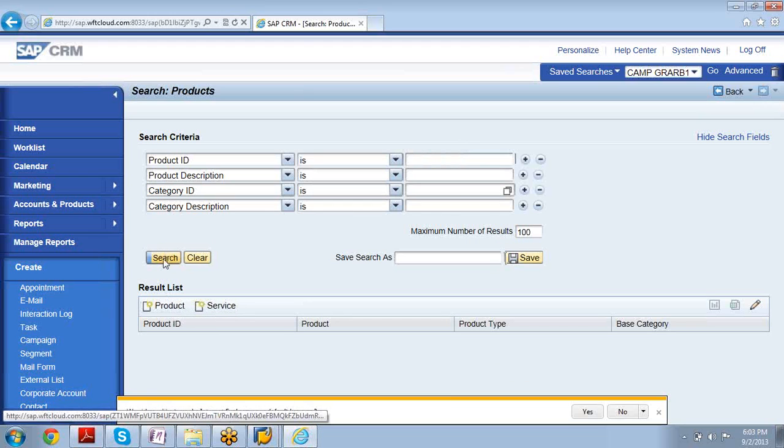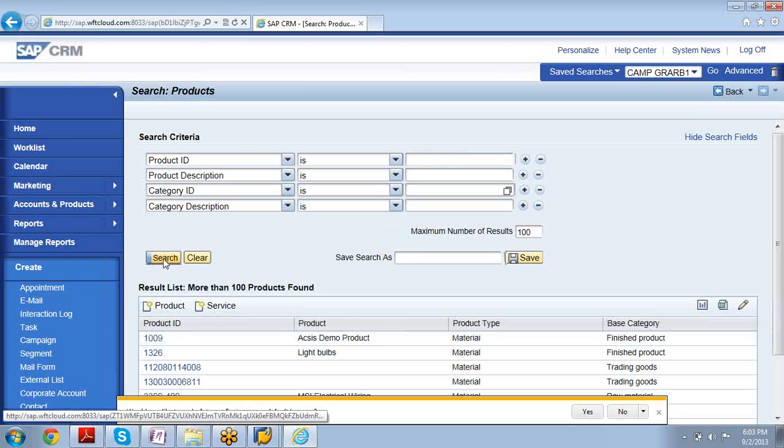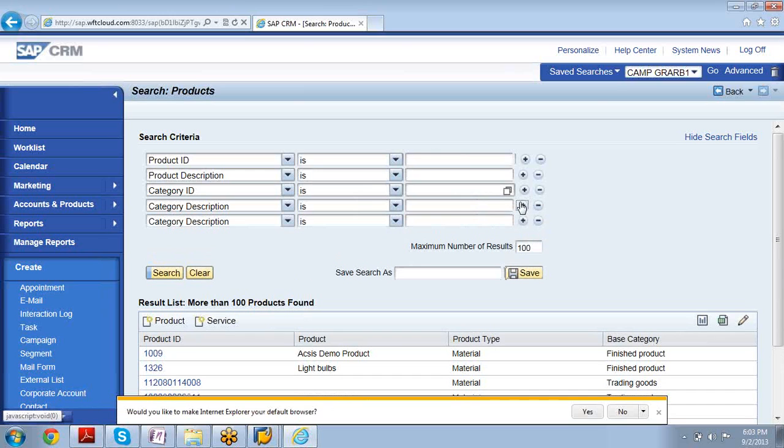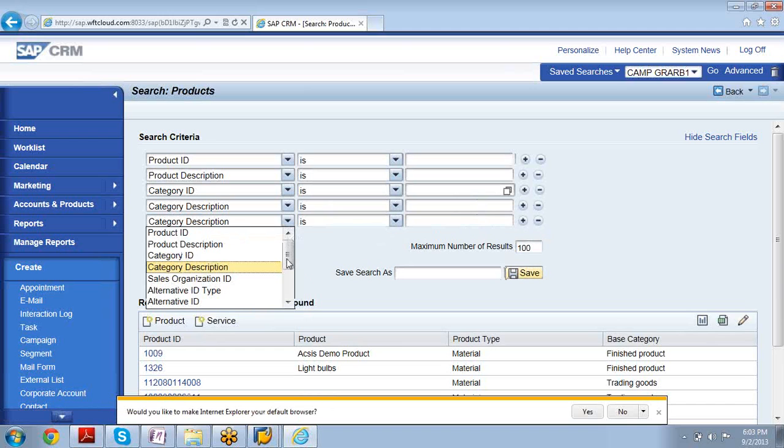Now you can call the same products over here, and you can change your search criteria over here. This is not possible there so easily.